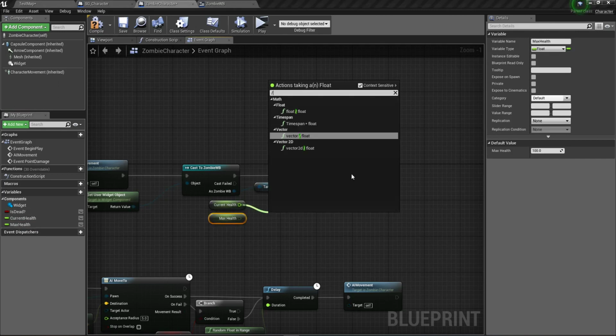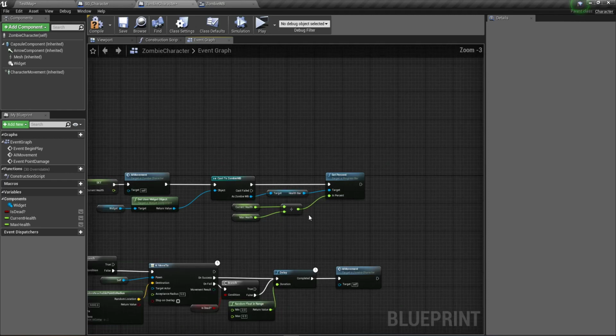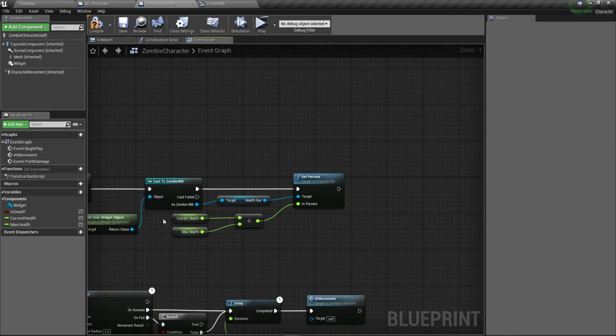So divided by float max health, and make it a function. Just use all, and one thing, and just take this,